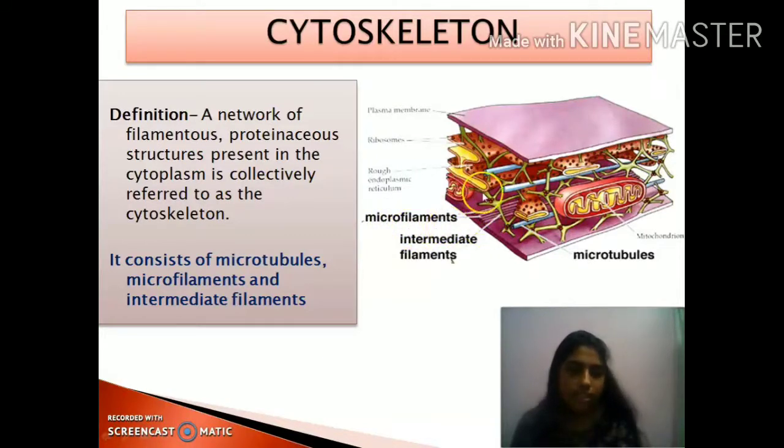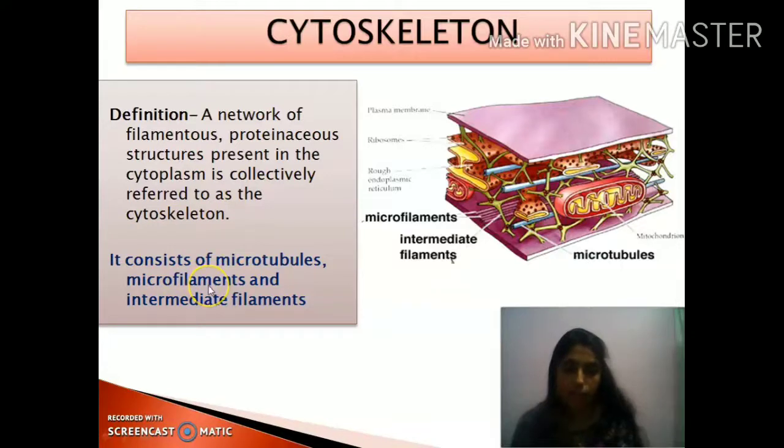You can see that they have provided support to the different types of cell organelles. Like this one is mitochondria, this is the endoplasmic reticulum. So all of the other cell organelles are held together or supported with the help of the cytoskeleton. Clear? So the microtubule is formed with the help of a protein termed as tubulin. The microfilaments are made up of a protein termed as actin, and the intermediate filaments are made up of several types of proteins.